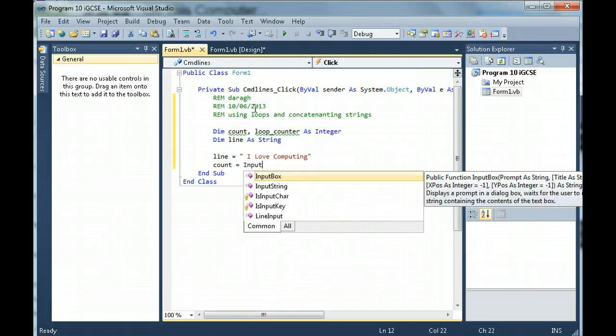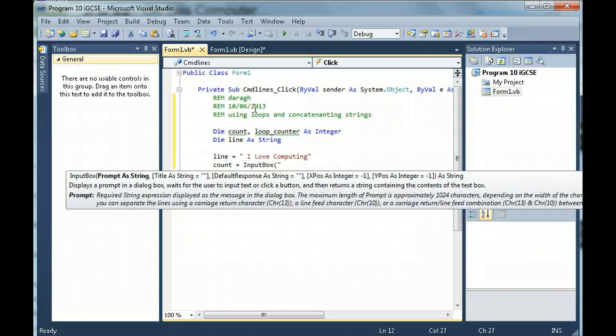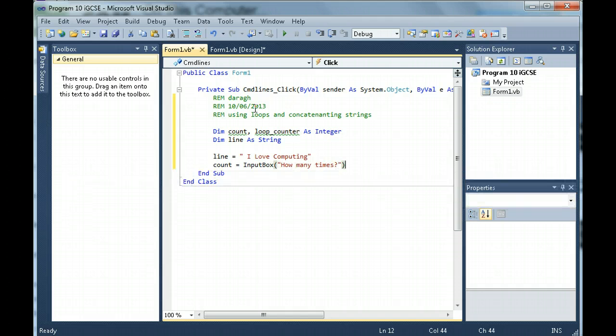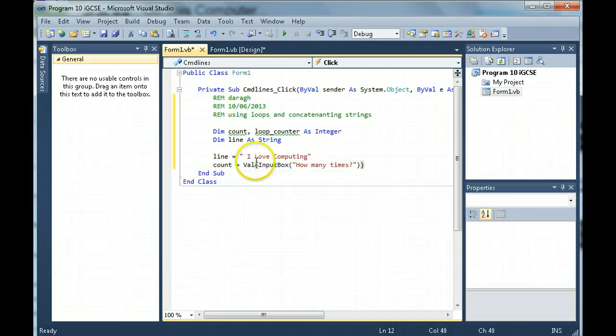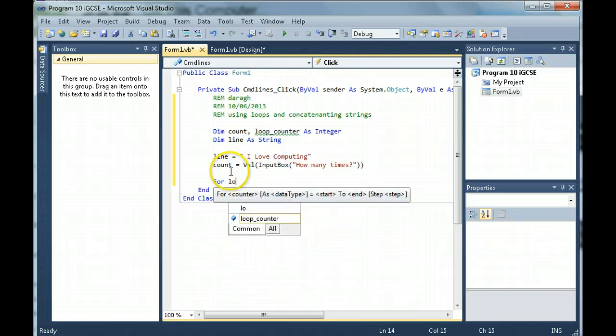input box. Open that, and here we go. So "How many times?" is the question. And remember what I said about input boxes returning strings, so we need to wrap that in a conversion, otherwise the computer cannot put a string into an integer variable. Right? So now it's a loop, so for loop